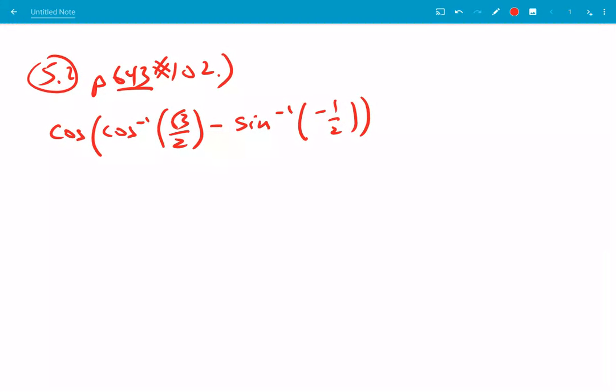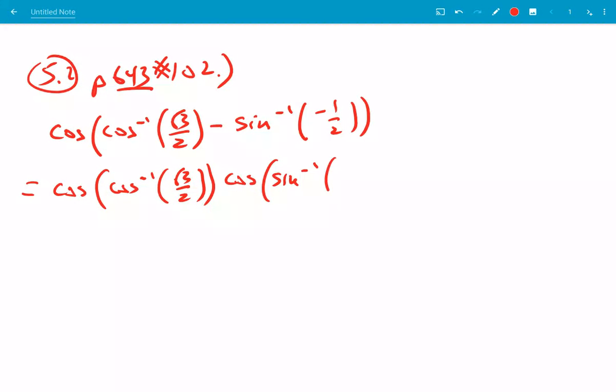Let's make my notes a little bit bigger here. What we're going to do is use the trig identity that says the cosine of the difference of two angles is the cosine of the first times the cosine of the second plus the sine of the first times the sine of the second. So the cosine of the angle whose cosine is rad 3 over 2 times the cosine of the angle whose sine is negative a half, plus